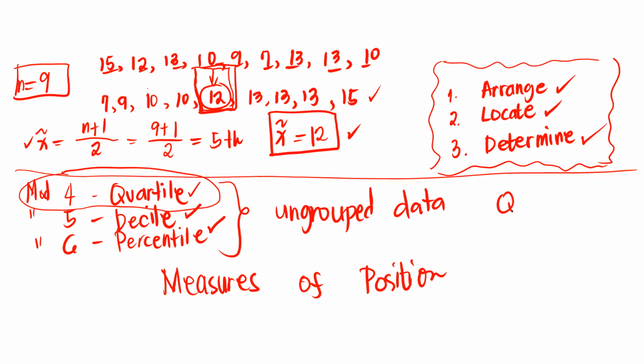While in quartile, ano ba ibig sabihin pag quartile? Ibig sabihin yan, 4. Okay? So ibig sabihin, si quartile, you are not just looking at the middle, but you are looking at 4 parts of the data. Okay? So, hatiin natin. Ibig ko sabihin, hahatiin natin yung data sa 4 na parte. Okay? So, let us have first